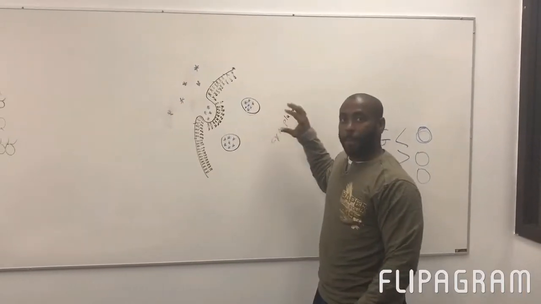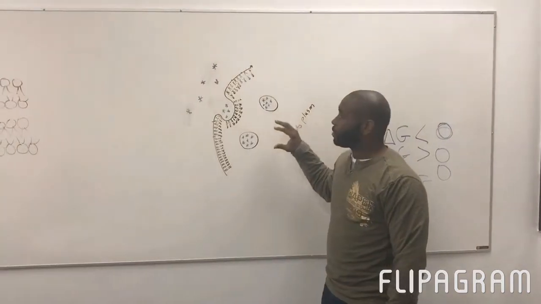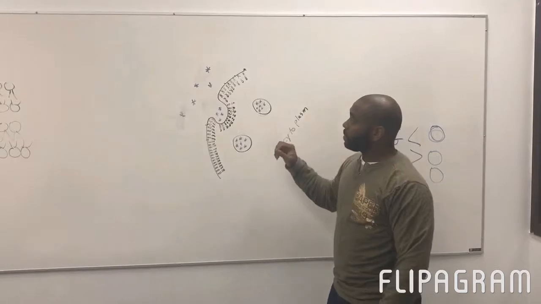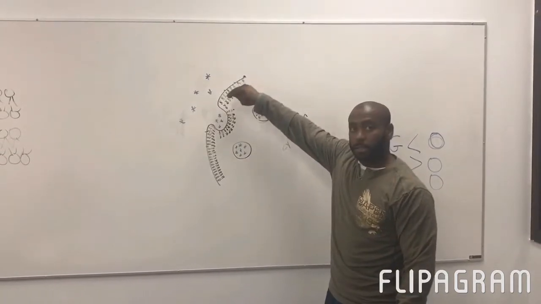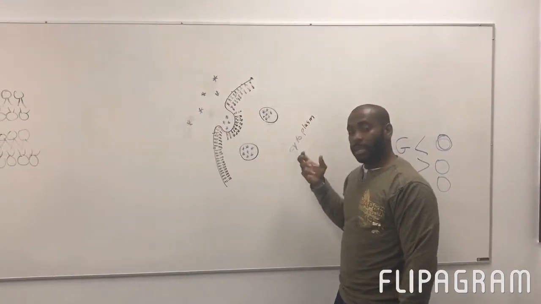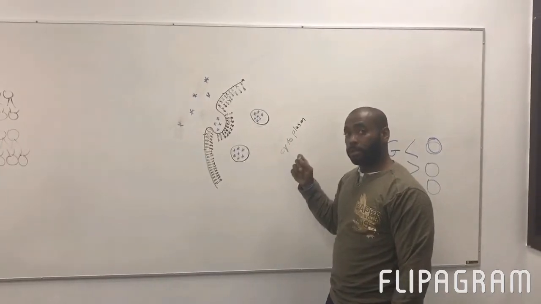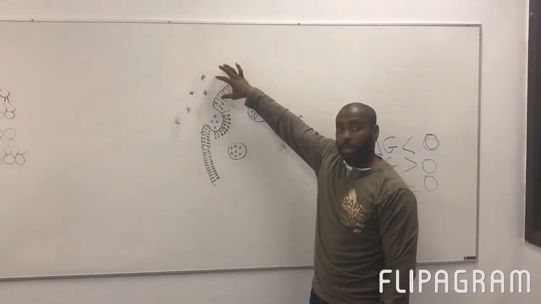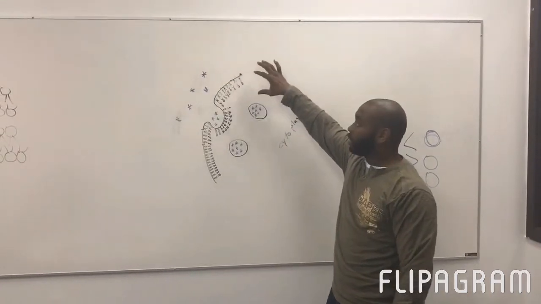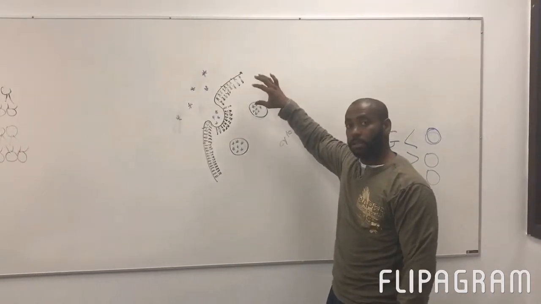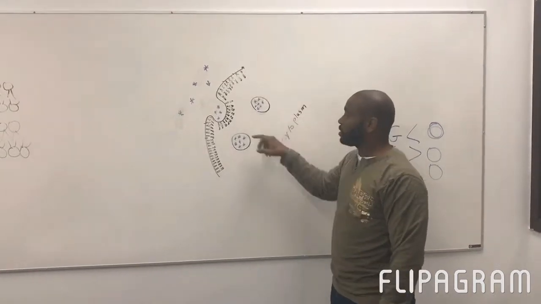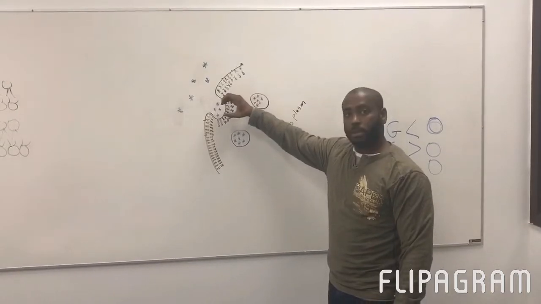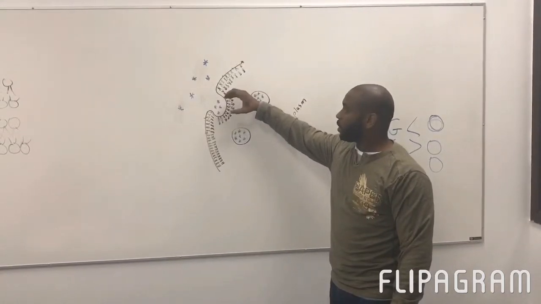Right now we're talking about pinocytosis, which is basically the way that a cell drinks. Sometimes the proteins of the cell can take in water molecules individually. Other times, when the water is too big to take in through those proteins, the cell has to do what's called pinocytosis. That's when the cell creates a vesicle in the phospholipid bilayer and engulfs those water molecules,